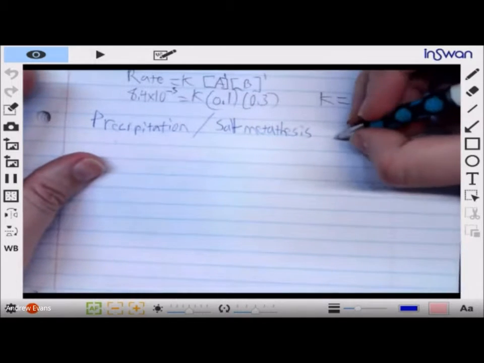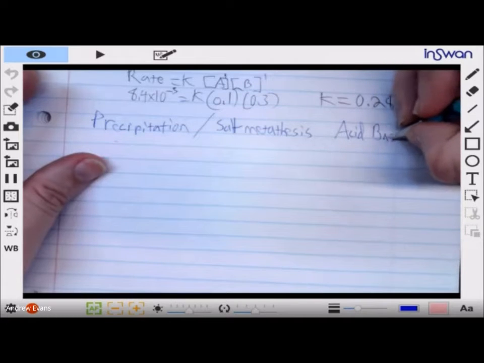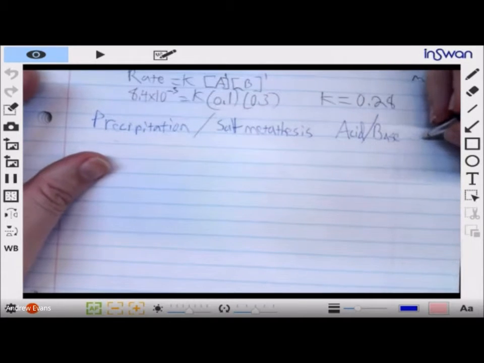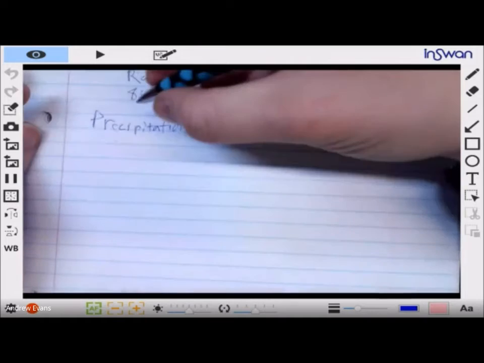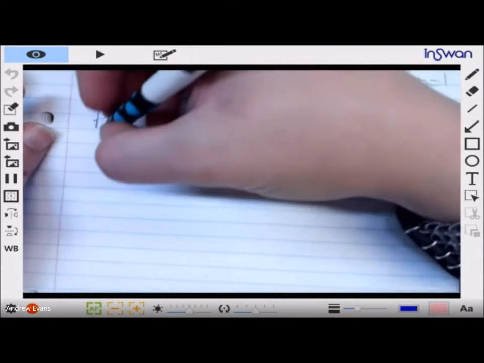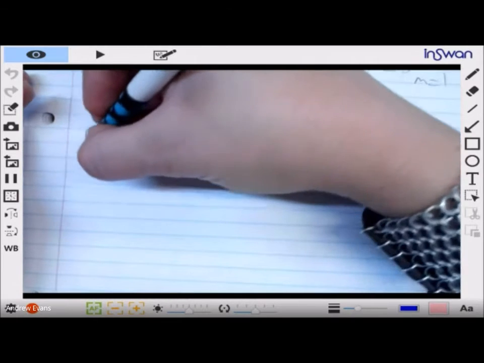There is acid base, and there is redox, or oxidation reduction. The basic premise here is that these are reactions that happen within aqueous situations. Salt metathesis is a double displacement